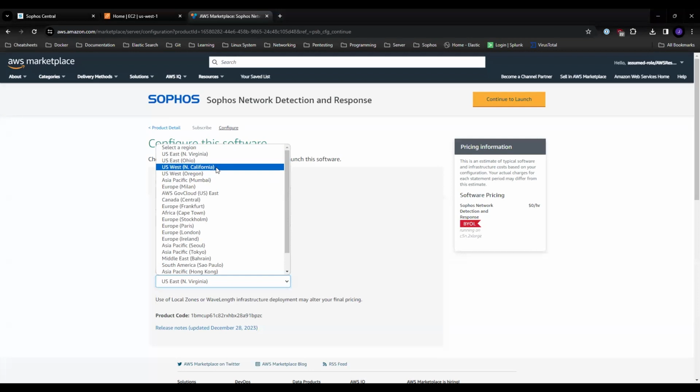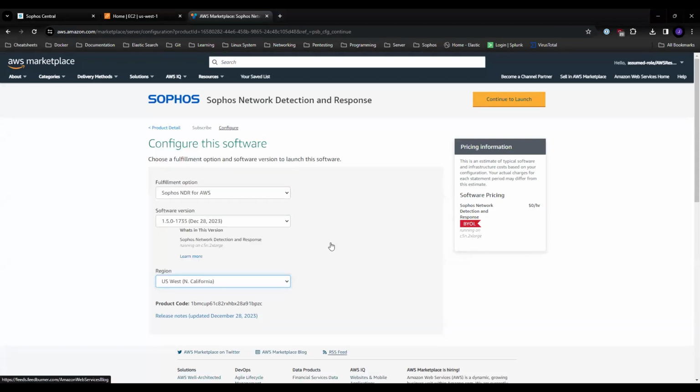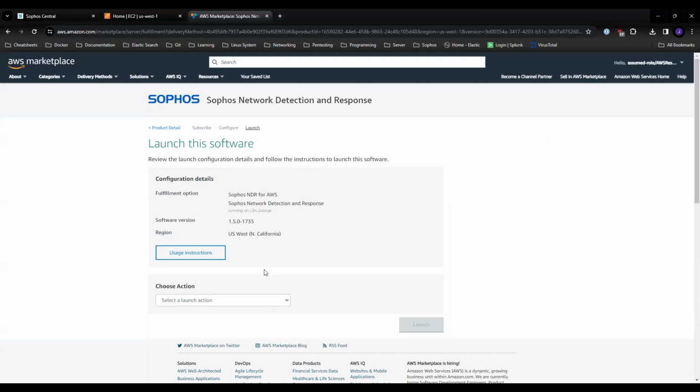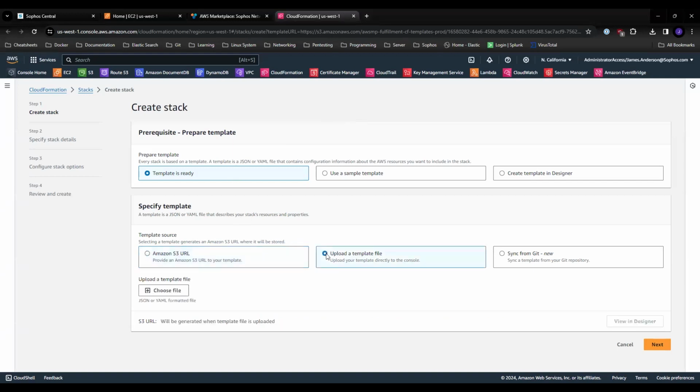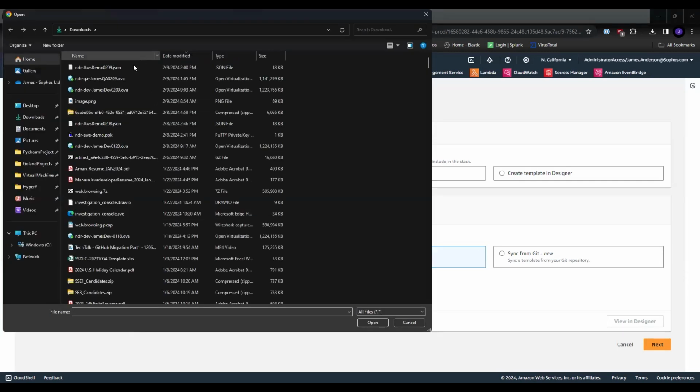For this video, I'm going to pick US West, North California. Once you've selected the version and the region, go ahead and say continue to launch. And then on this screen, you'll want to choose action, and you want to select launch CloudFormation and then launch. That will take you to the CloudFormation screen for your account. And once on this screen, we want to select upload a template file and then choose file. And we're going to select the one that we just downloaded here